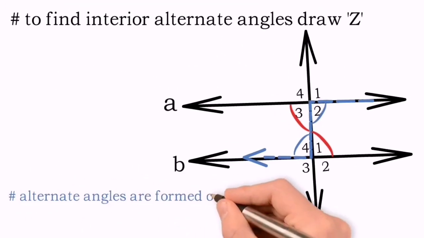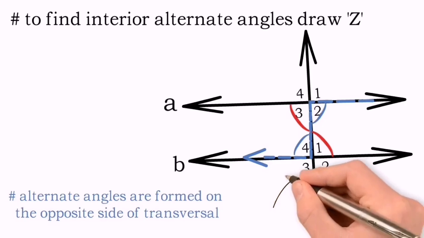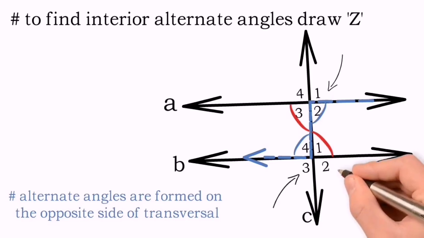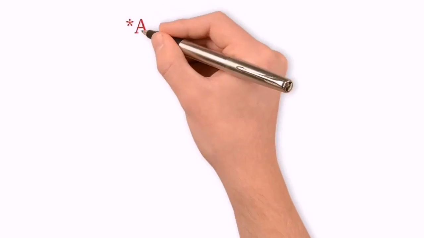Alternate angles are the angles which usually form on the opposite sides of the transversal. Do not forget it. Now the last part of alternate angles is exterior alternate angles. Check out the diagram here, I have marked the left bottom part, and another one is the right top. So right top and left bottom are nothing but the exterior alternate angles, and here right bottom and left top, I repeat, right bottom and left top are again exterior alternate angles. So exterior angles are formed outside the lines.